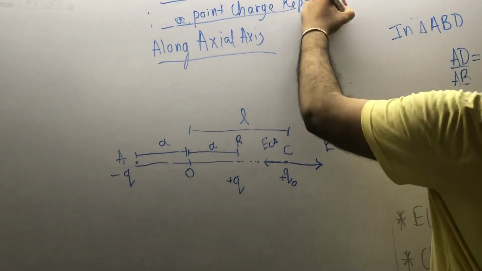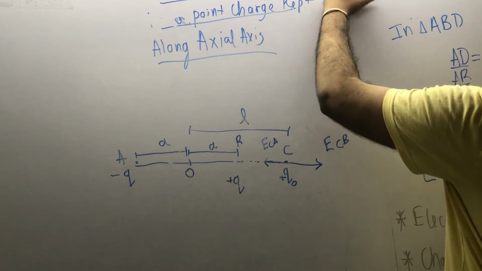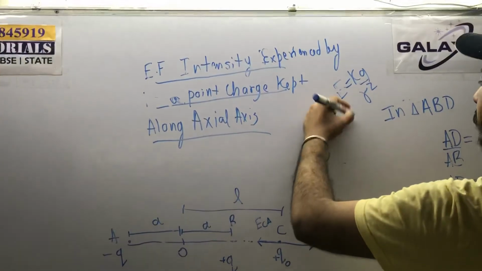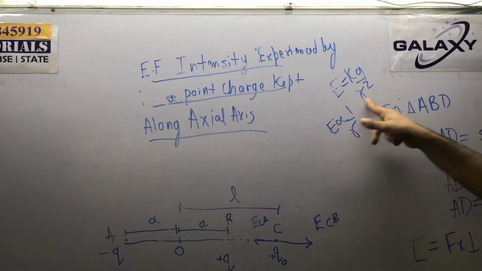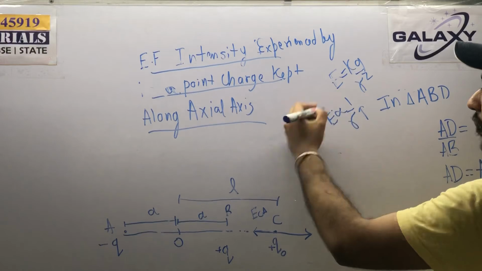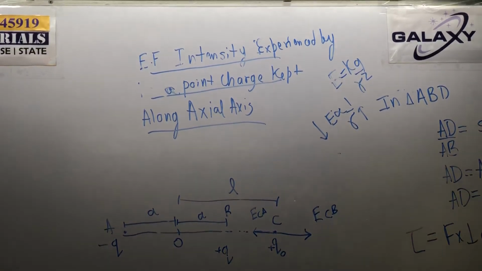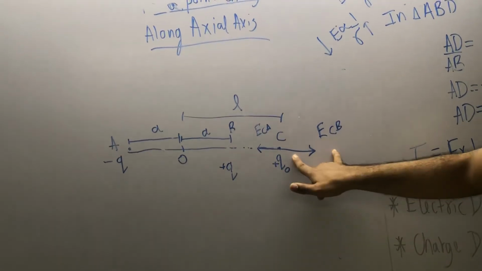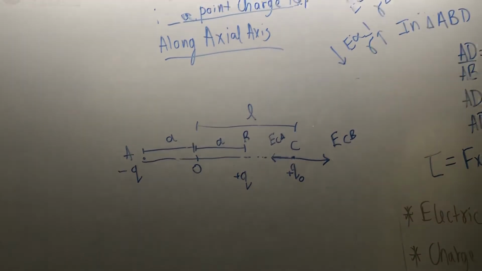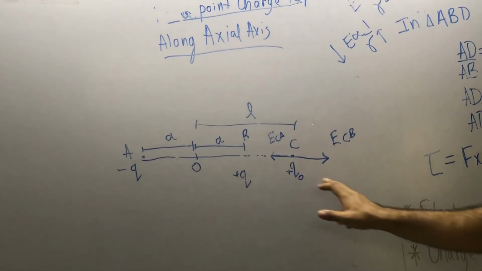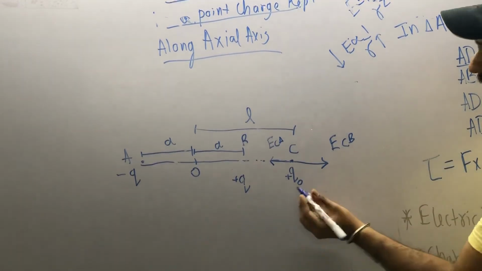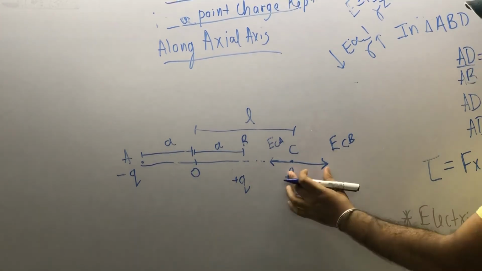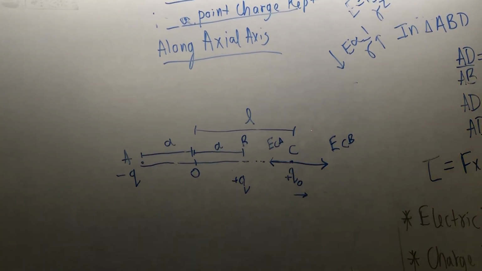So the electric field intensity will also reduce. You know that electric field intensity is what? KQ upon R square. So it is inversely proportional to R square. As R increases, what will be the effect of that on E? E will decrease. So that's why I have shown this ECA as smaller and ECB as bigger. So what will be the net effect of these two electric fields, ECB and ECA? It will move in this direction. Why? Because this is more than this. Now we will try and find the value of this electric field we are talking about.